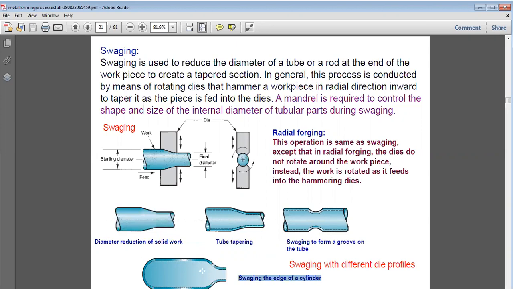Now, the lower one is swaging at the edge of the cylinder. When a cylindrical shape is to be swaged on the edges, there is basically a taper on the upper side and the lower side. So this is swaging at the edge of a cylinder. This is basically similar to this, and similar to swaging is radial forging. This operation is the same as swaging except